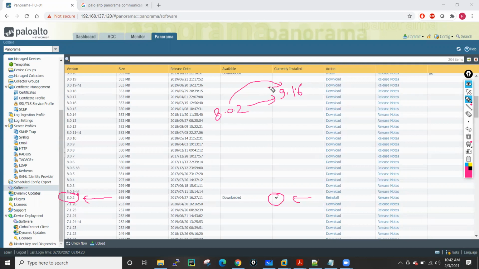Okay. So now if you want to go till 9.1.6, first from 8.0.2 you have to go to 8.0.20. Then from 8.0.20, you have to go to 8.1.0, right? So this 8.1.0 is the base image. Just remember, this is the base image, base version, and this is the preferred version.